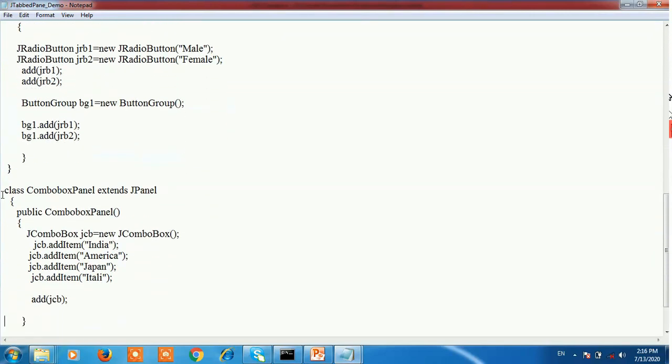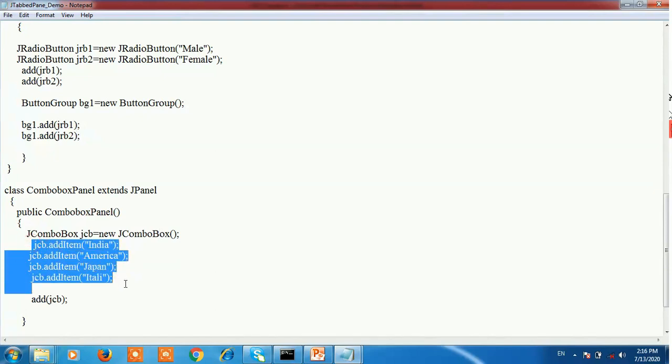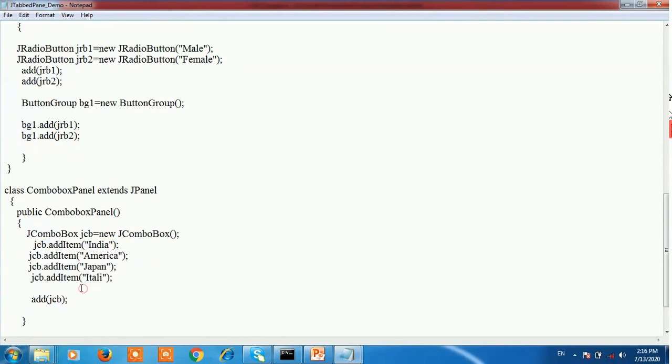Then create a third class, ComboBoxPanel extends JPanel. In the constructor public ComboBoxPanel, create a combo box, jcb is equal to new JComboBox. In that, add the items into the combo box using addItem. Here 4 items are added into the JComboBox: India, America, Japan and Italy.